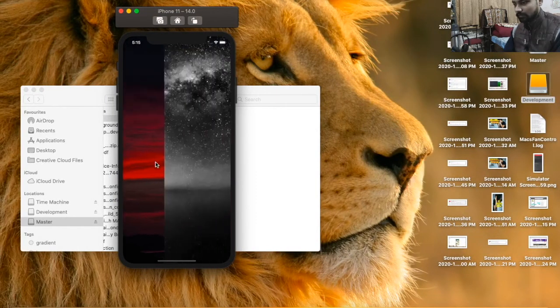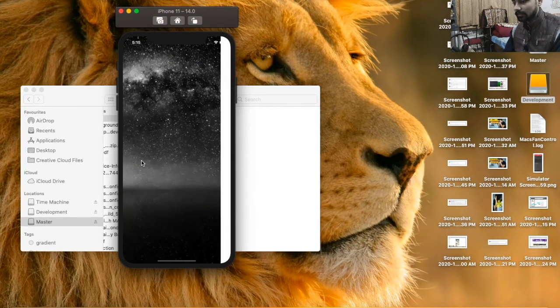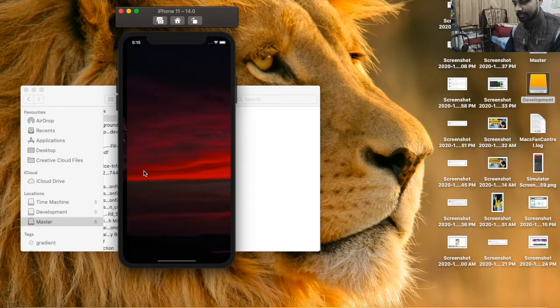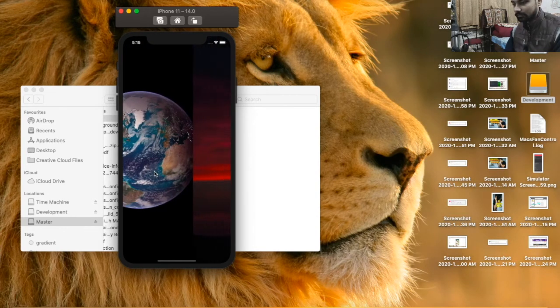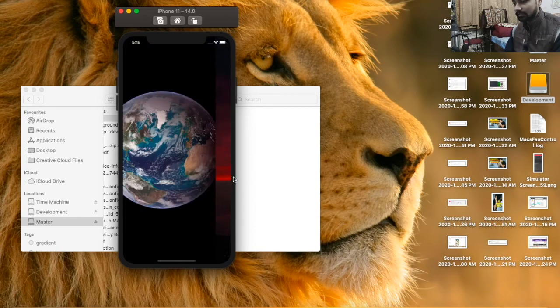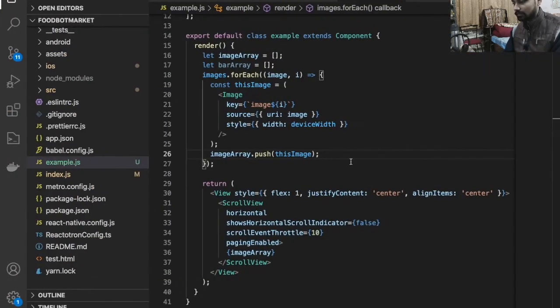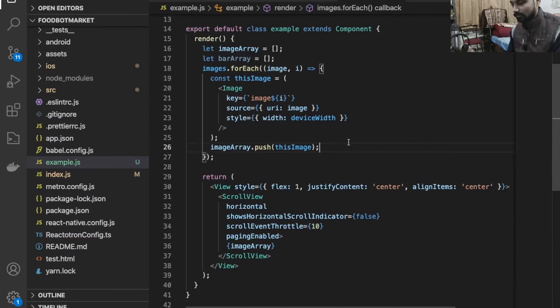Let me just show you. Yes, you can see, guys. Now when I'm scrolling like this, you can see this is the effect. Okay, cool.